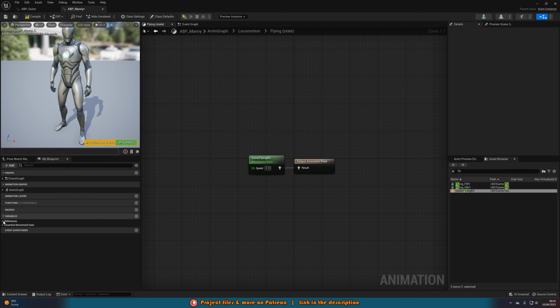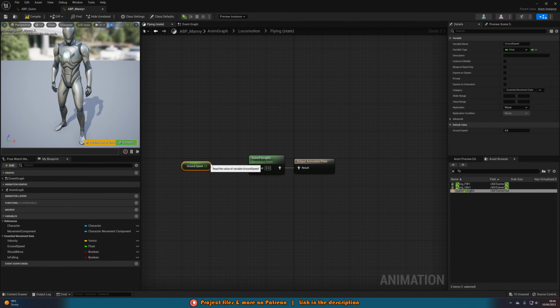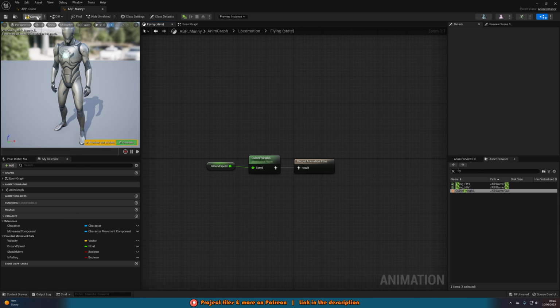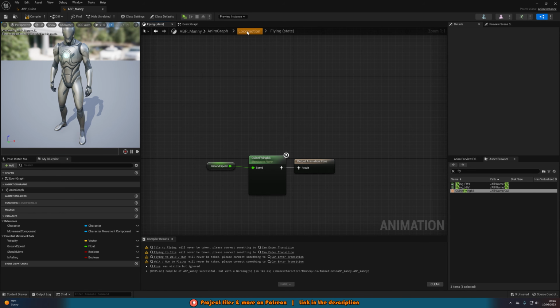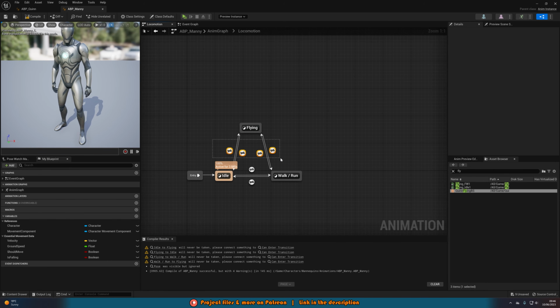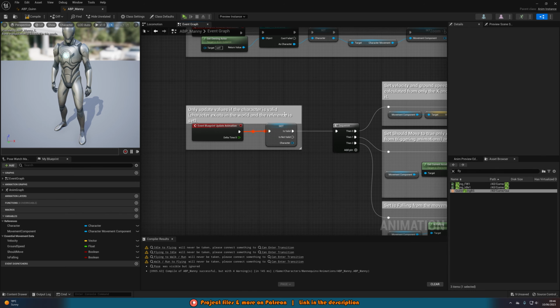Then we should already have a variable for speed, so we have ground speed here, and again I imagine you already have that as well in your animation blueprint too. We will then compile and save that. Now we're not finished yet because we need to have the transition state going into this, or the transitional rules, sorry. So what we're going to do is go to the event graph, and then we're going to go to